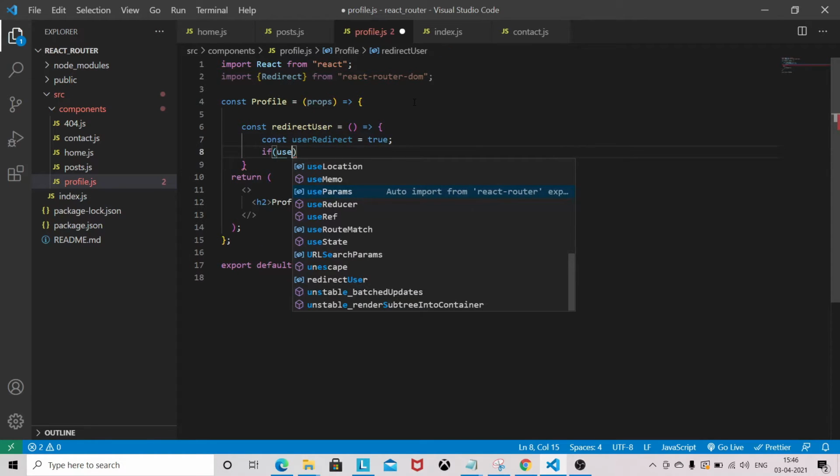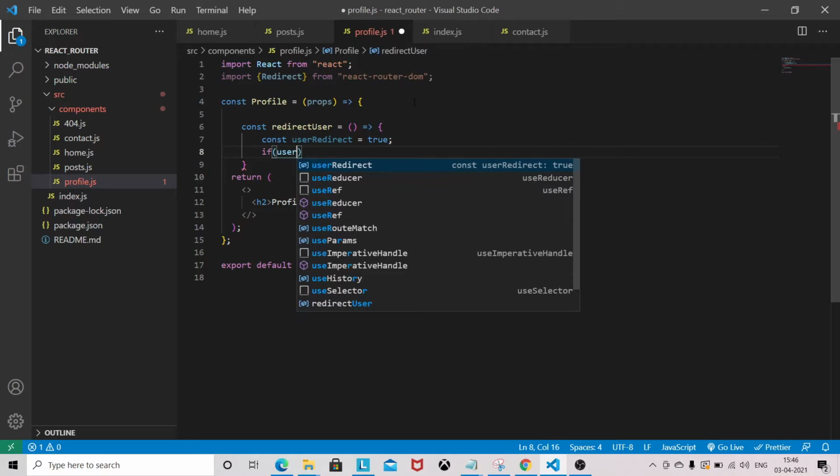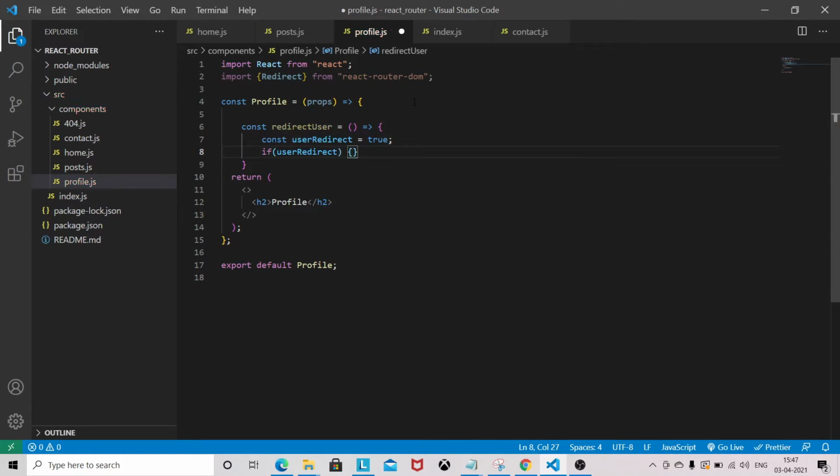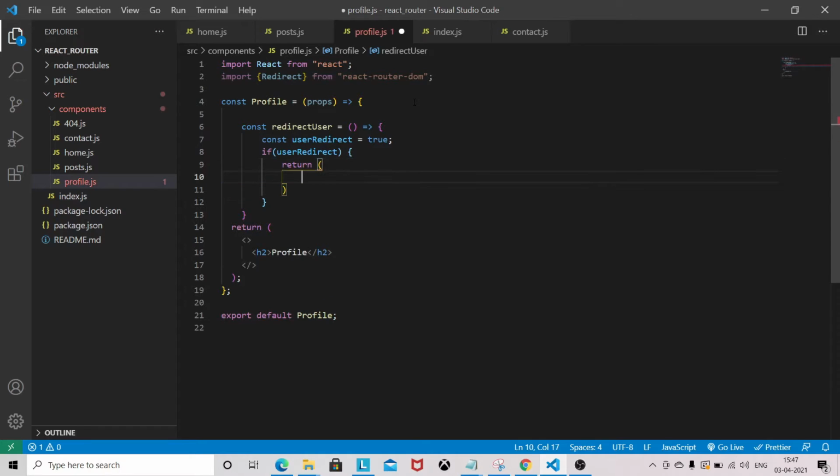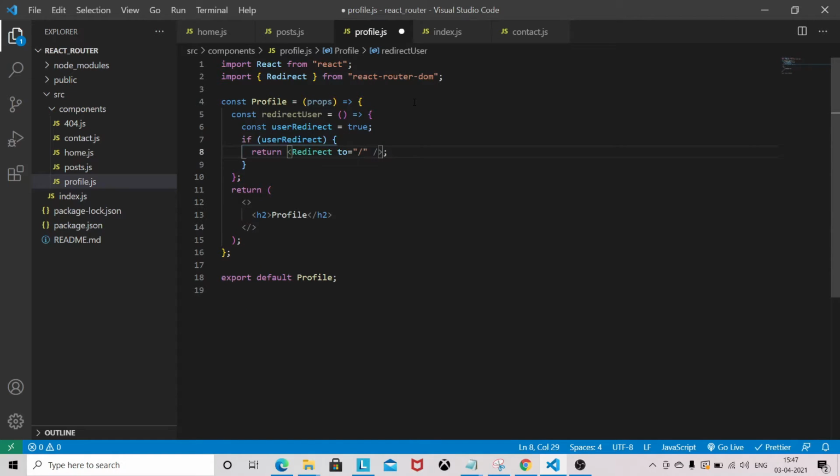If userRedirect, then return the Redirect. That's it. So this is another way to implement the redirect in your application.